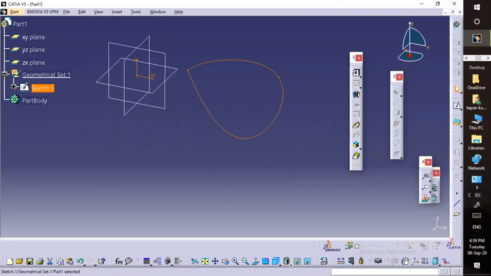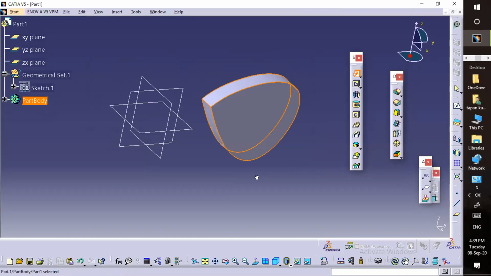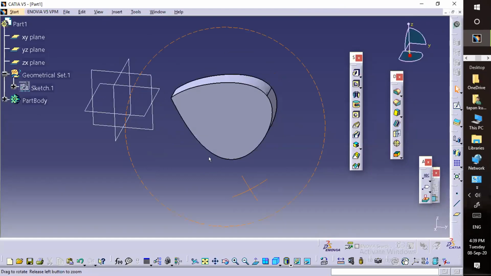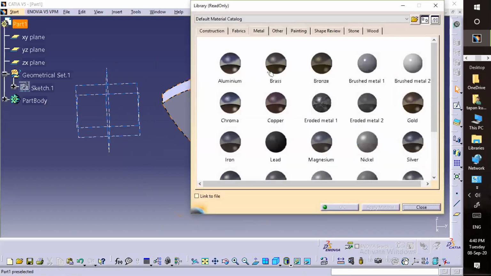Then I'll add the thickness. Now I want to add the material. Initially, I need to use a material. Any material you need to use. For example, I will add brass.